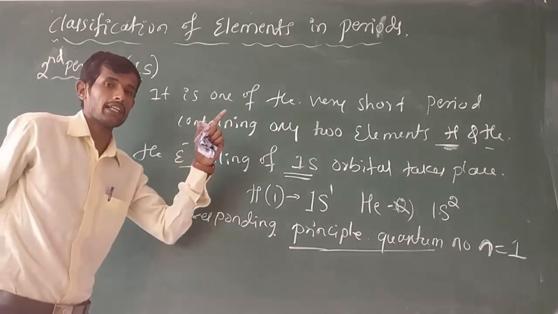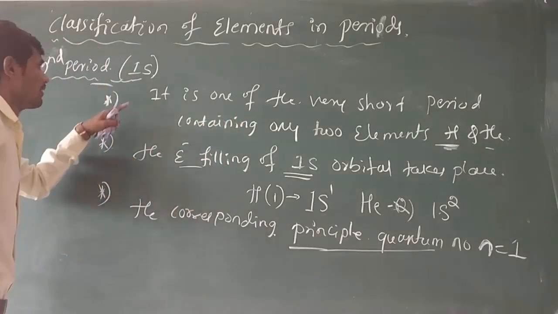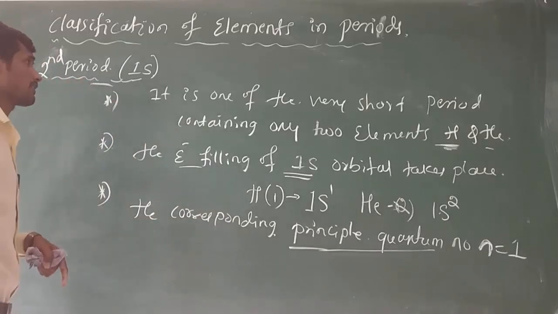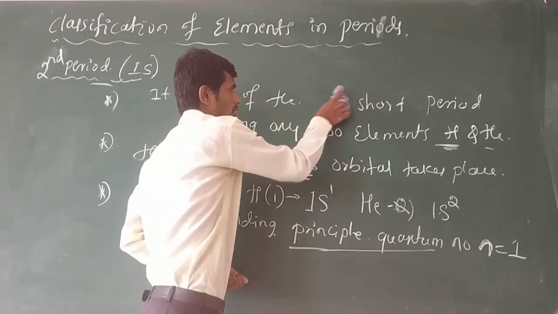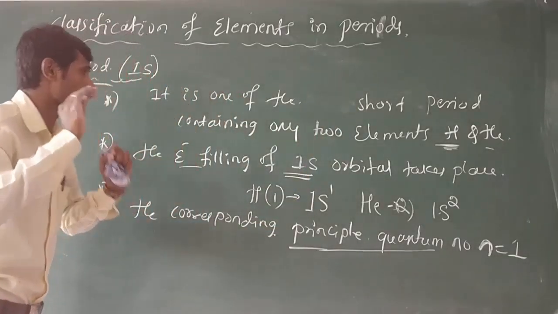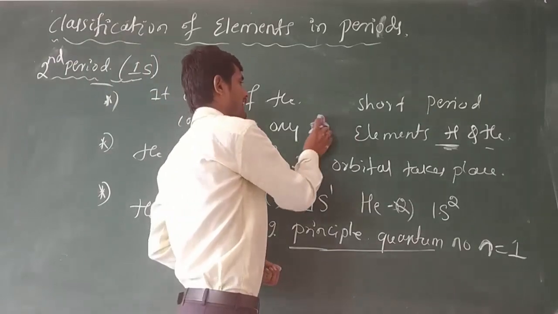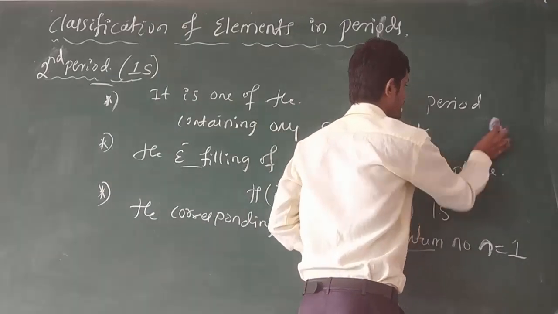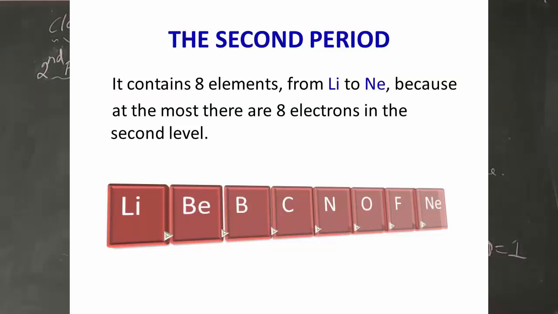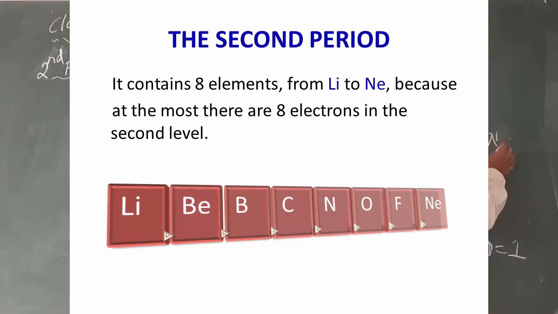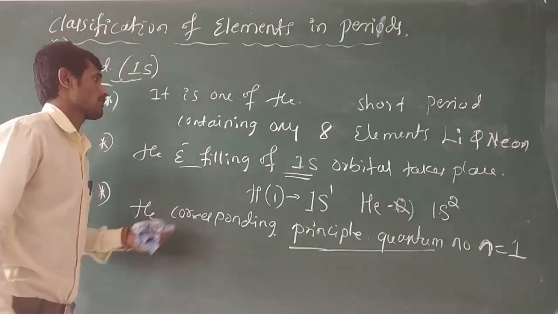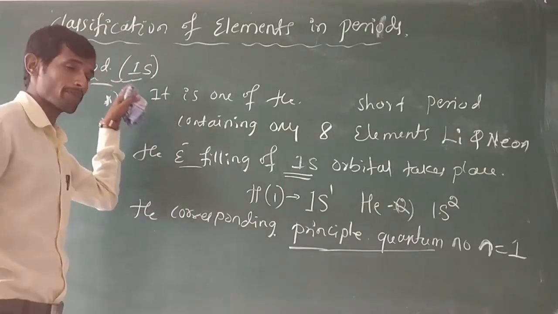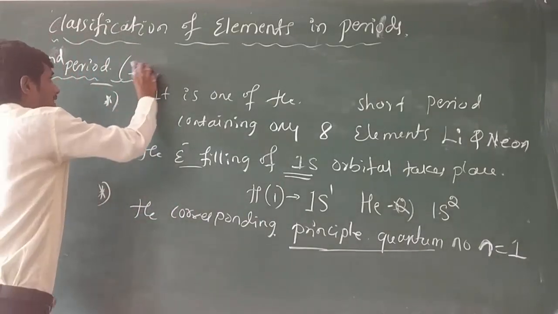Observe the periodic table carefully. Yes, the second period is one of the short periods. It is not a very short period, but it is also a short period containing 8 elements, from lithium to neon. Yes. Remember students, the second period contains